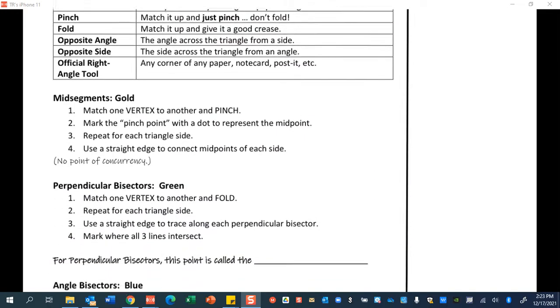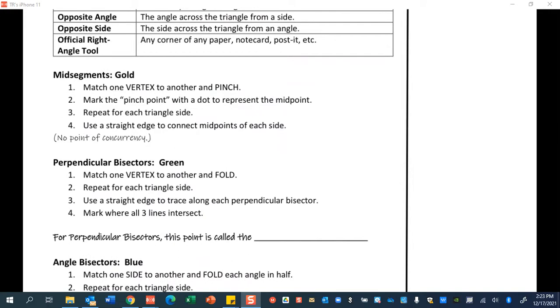All right, let's go down and talk about medians first. Your medians were your gold triangles, so take that triangle out, please. And when you had your gold triangle, you went ahead and you found the midpoint of each side. And the midpoint of each side, then, you connected to the other midpoints. And the thing that was pretty cool about this